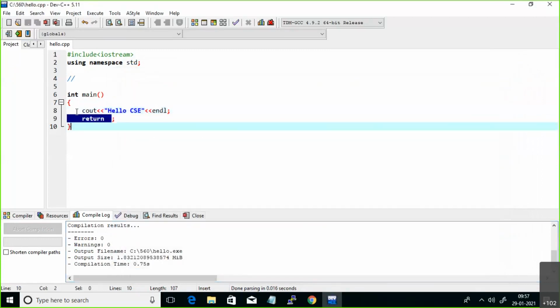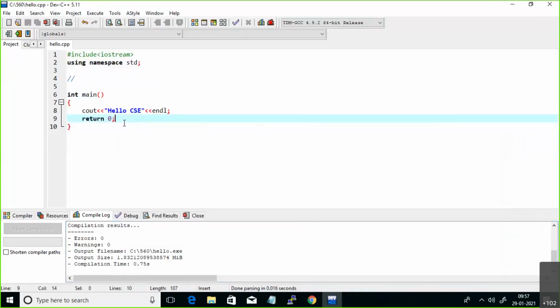If you understand these points, you can write any program. That means these steps are mandatory for any program. How to open Dev C++, then how to take a new source file, then write your code.